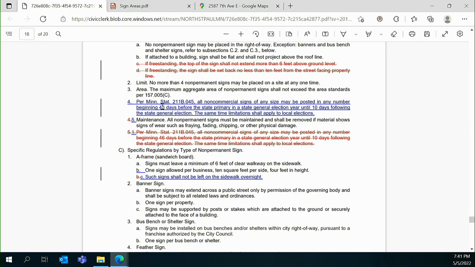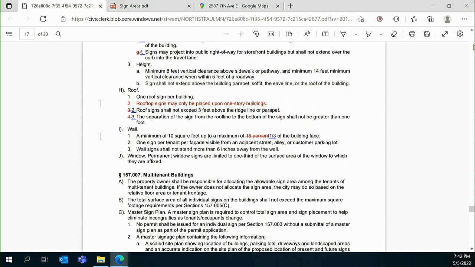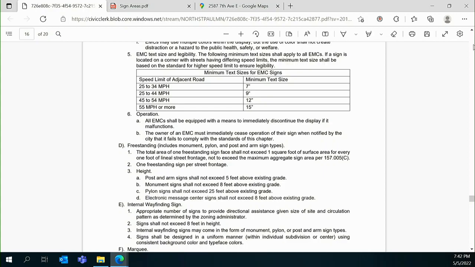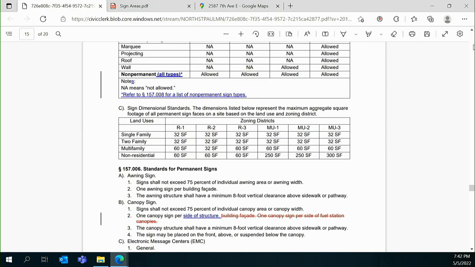Yeah, if for no other reason, it simplifies it for the average person. Exactly, because they don't know their right of way. More enforceable, too. And it's very visual, very easy to see. Much more enforceable. Okay, I just wanted to stick my oar in the water and say I agree with that, because having been in planning for a long time, the vast majority of people do not know that their property line is not at the street.